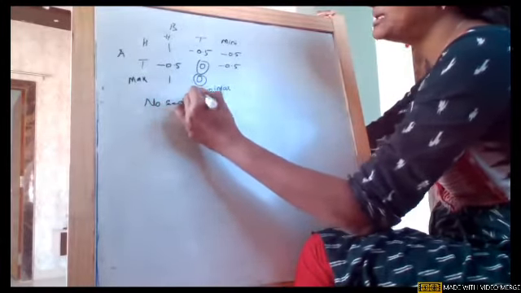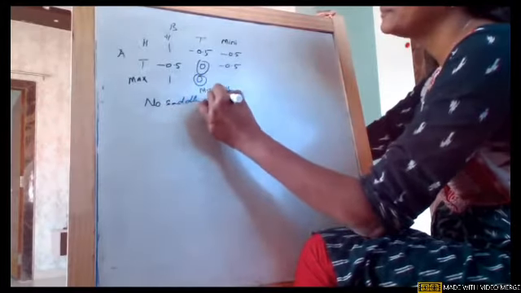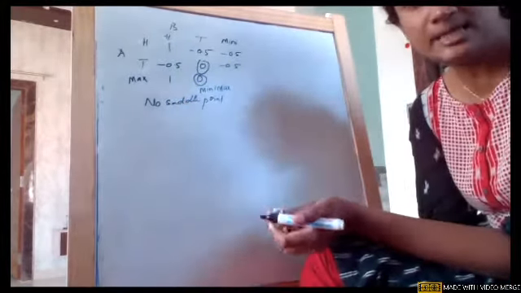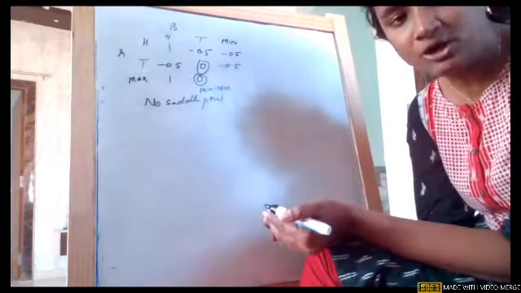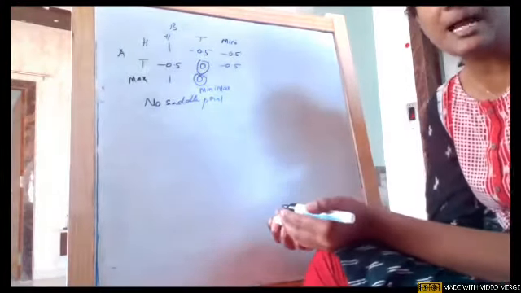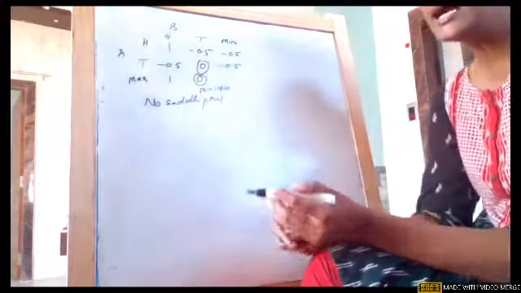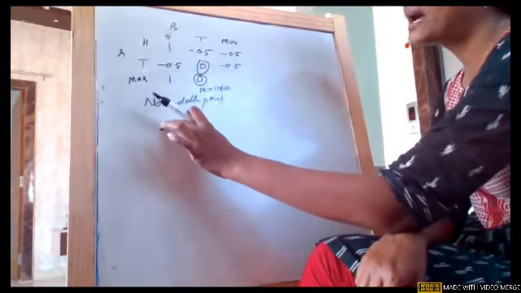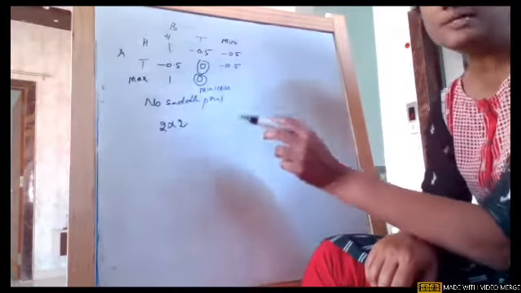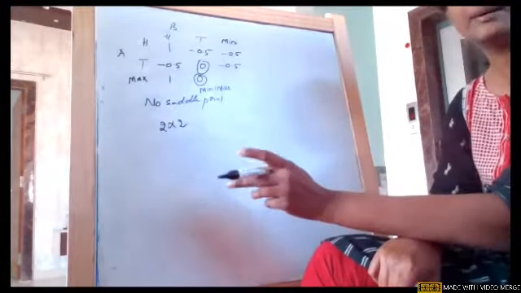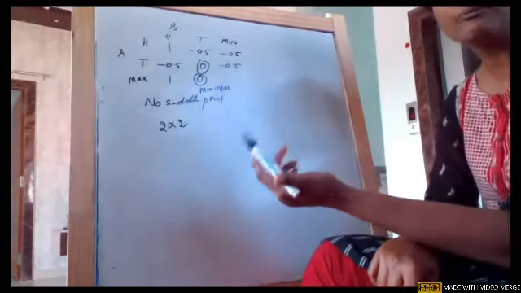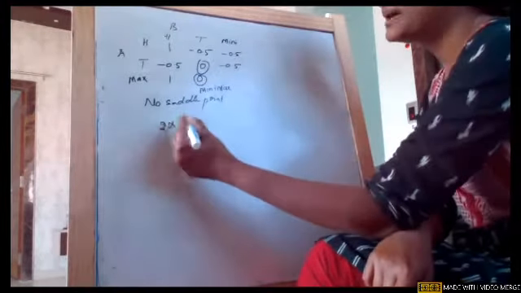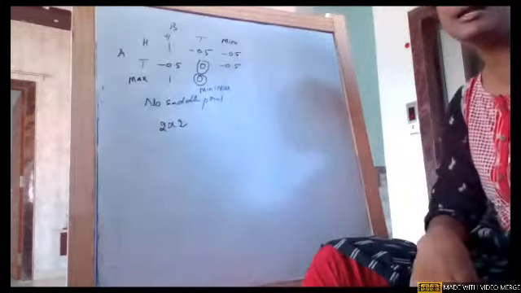Can I apply dominance on this matrix, girls? If there is no saddle point, my first step is to apply dominance. Can I apply dominance on this matrix? No, ma'am, because it's a 2 by 2 matrix. I can't delete more rows and columns. If it is beyond a 2 by 2 matrix, then I can apply dominance. So directly we will go for applying the algebraic method.